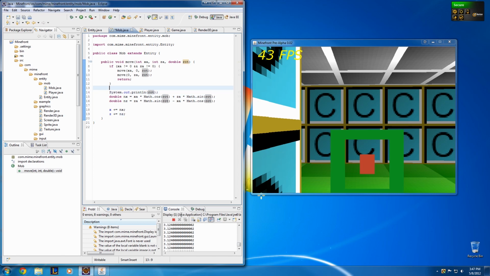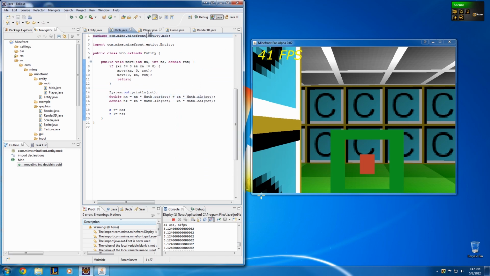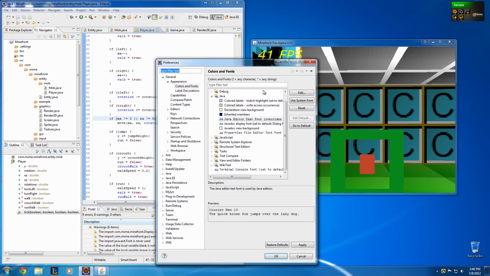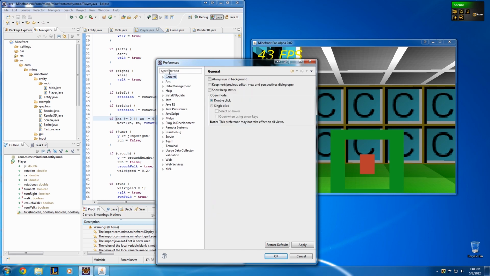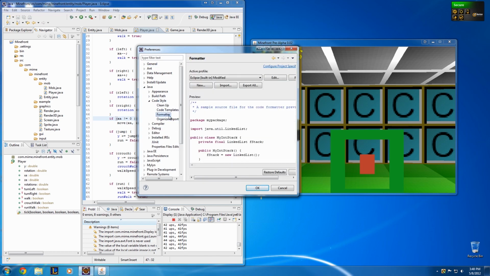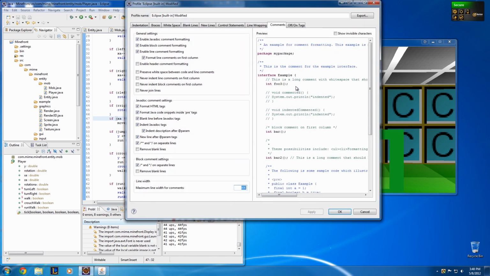First of all, it's moving us every second. Let's make sure that it only moves us if xa doesn't equal 0, or za doesn't equal 0. Let's quickly go into window preferences, into Java, I think. Yeah, Java code style formatter. Edit this,